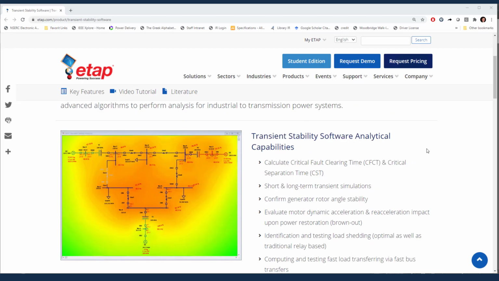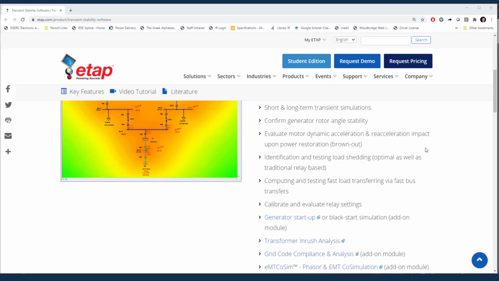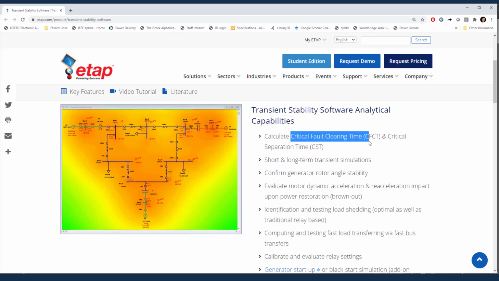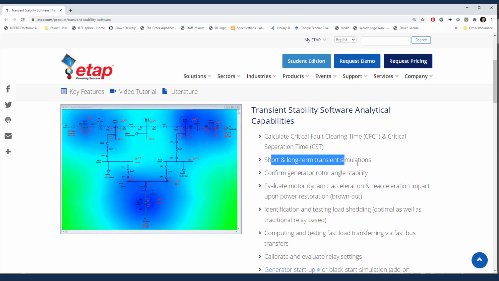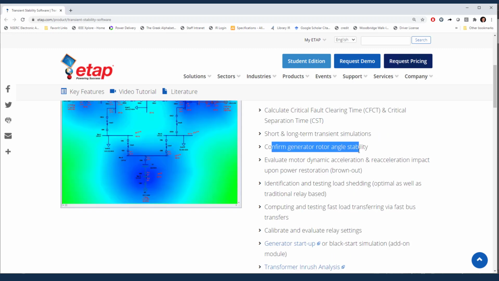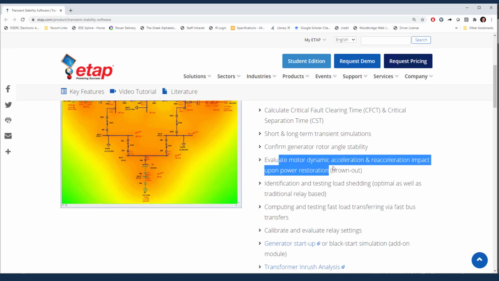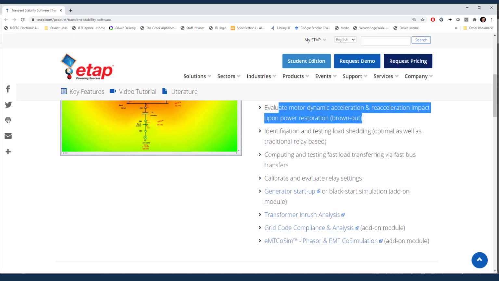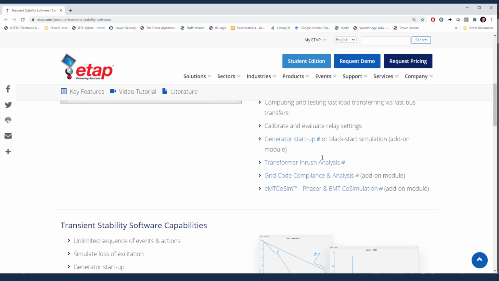This module has tons of capabilities. You can calculate critical fault clearing time, you can do short and long-term transient simulations, you can confirm your generator rotor angle stability, you can do dynamic acceleration and reacceleration of your motors and the power system. You can do identification and testing of load shedding techniques and relays. You can compute and test fast load shedding via fast bus transfers, and many more things that you can do